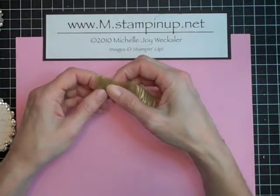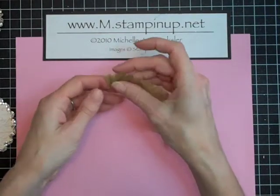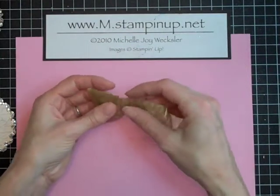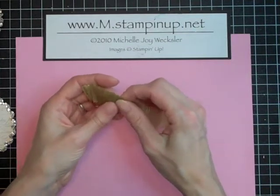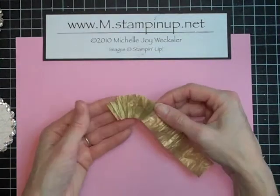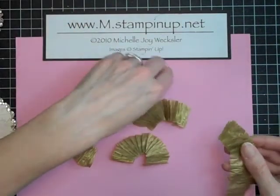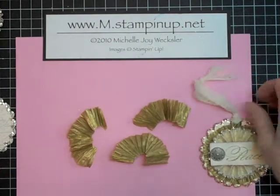So as you go, the snail is sticking the waffle paper to itself, and you can start to round just a little bit, and you're probably going to need at least 2, if not 3 of these to be able to cover the whole outside area of the rosette. So again, in the interest of time, I went ahead and made a number of these. So I've got 1, 2, whoops, and 3. And we're going to go ahead as we build our ornament. These are going to end up going